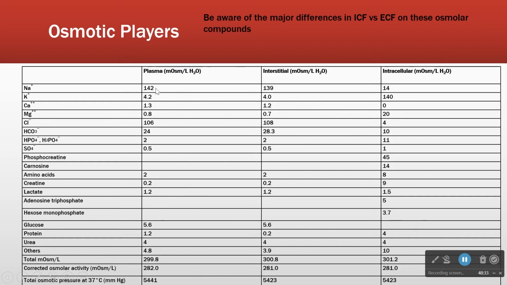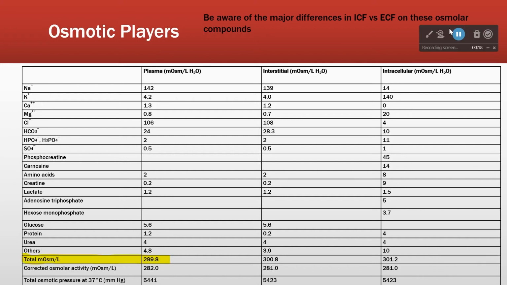Sodium and potassium, I definitely want you to compare those two lines. Calcium, that's more of an inside versus an outside. And then notice, let's see, where's the protein? Glucose and protein are also significantly different across the different compartments. The numbers are not important here, okay? I don't want you to memorize these numbers. That would be a waste of neurons, in my opinion. But I do want you to see how what makes up the osmotic pressure is different across the compartments,